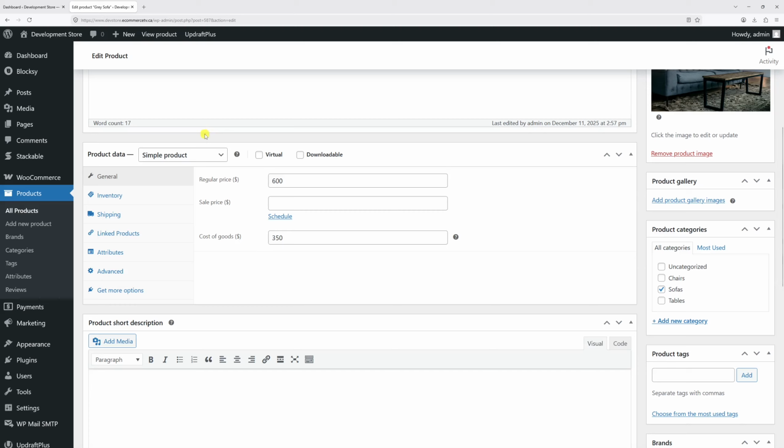In this video, I'll show you how to add the cost of goods field under product details in WooCommerce. As you can see in this example, here's a simple product on my site, and the cost of goods field is displayed under the General tab inside the product data section. However, if you notice that this field is missing, in this video, I'll show you how to re-enable it from